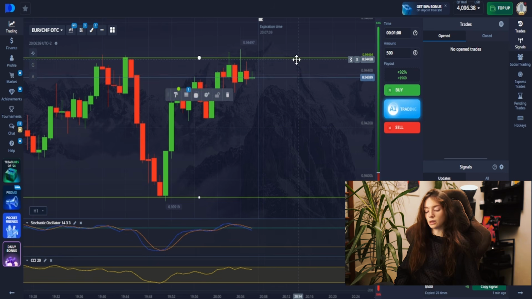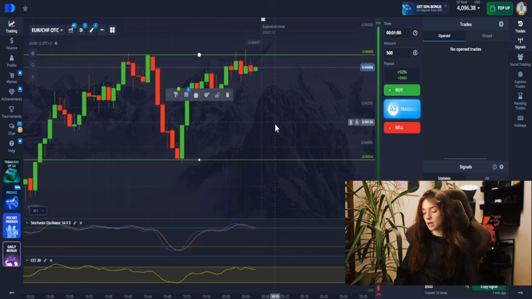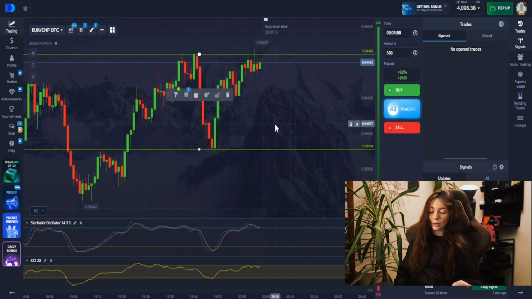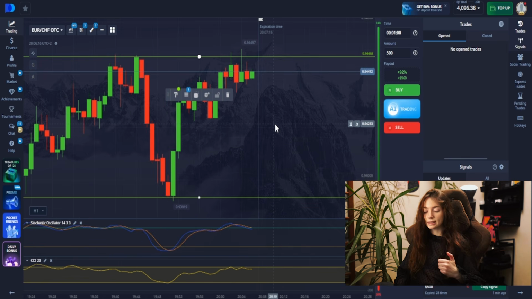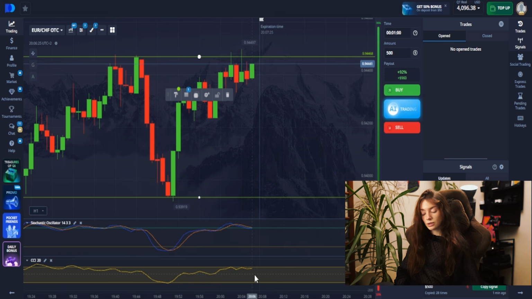We always mark levels. This is important. When you return to this pair later, you can see how the situation has changed and understand its behavior better over time. It is approaching the plus 100 level and the overall trend